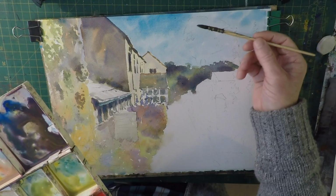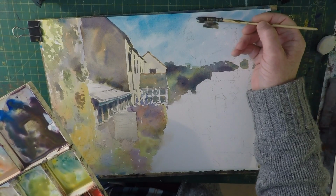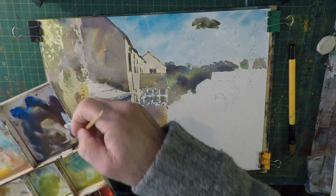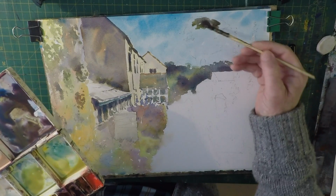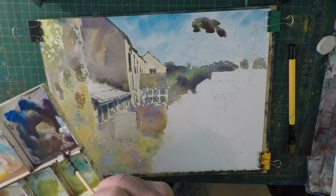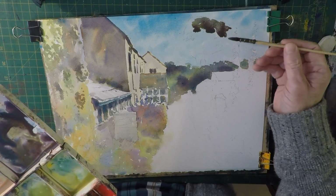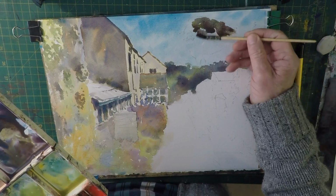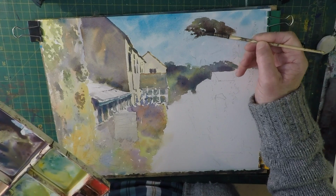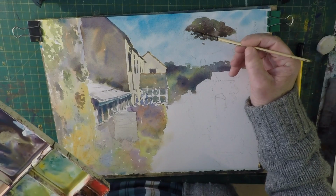So I'm going to start at the top and work my way down. I'm just going to use the side of my brush initially, just to try and get a lighter touch. Remembering that I can always come back and drop colour in like that if I want to make it darker. But at the top it's generally a bit lighter because the light's hitting it. I want to make sure I get my sky holes in. Remember the importance of sky holes. There aren't many sky holes in the top of this tree. It's very dense, but